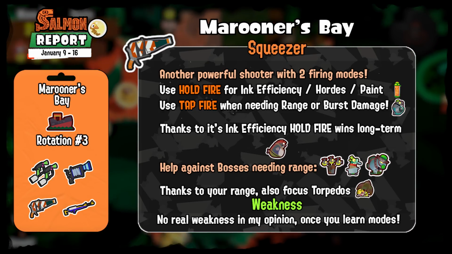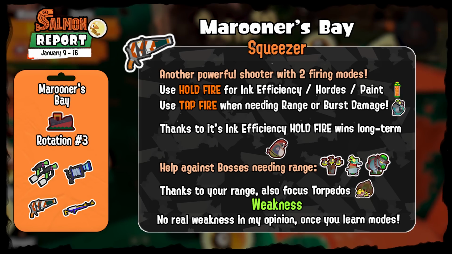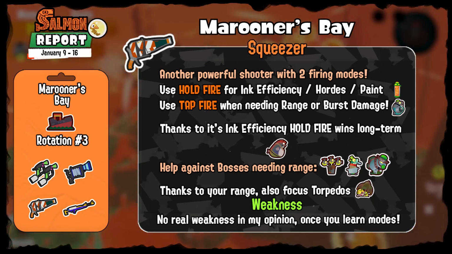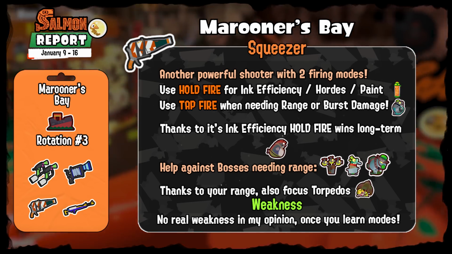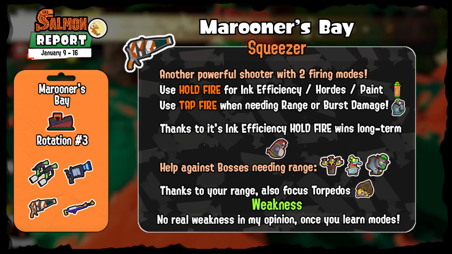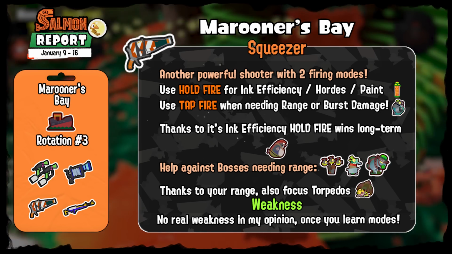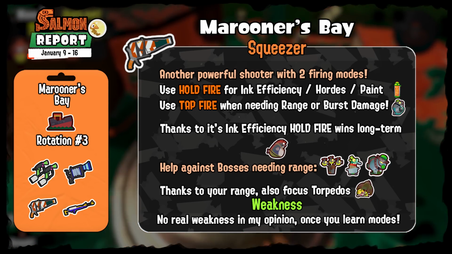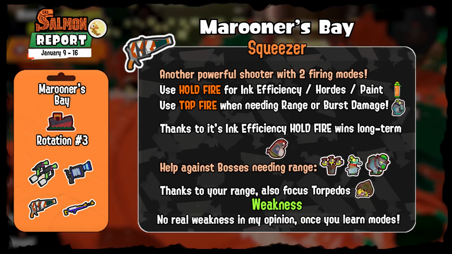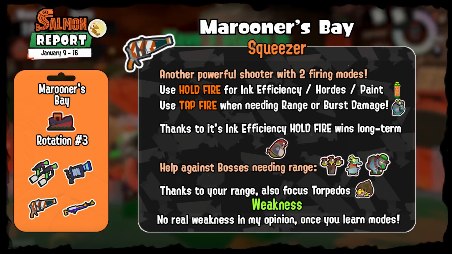It's a unique shooter that has two firing modes, very similar to the Ballpoint Splatling, but works the exact opposite way and is fortunately a lot more simple to learn. By tap firing, the Squeezer gains very long firing range and increased damage per shot. This is your main damage dealing mode, or when you need that extra range to take care of Stingers on the shore or perhaps some high health bosses like a Big Shot or Drizzlers, but the range is also excellent